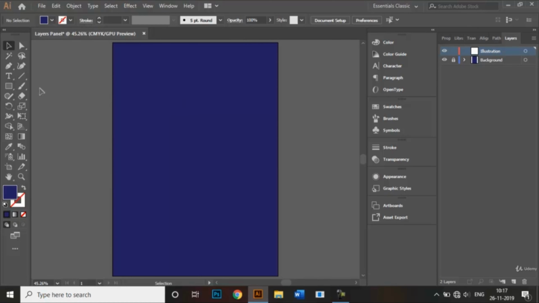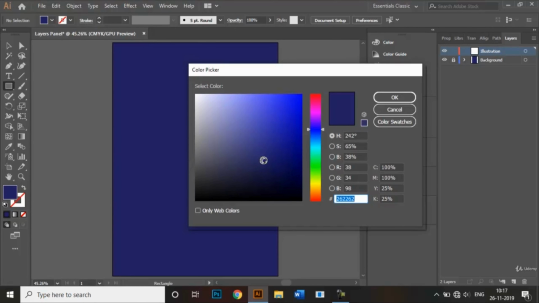Right, we go back to our layer and let's start making our shapes or any illustration you want to make. Right, so let's go back to the shape tool right here. Let's click rectangle and make sure that there is no fill, but in case you want a fill, you can feel free to choose any color from here. Let's stick to white.